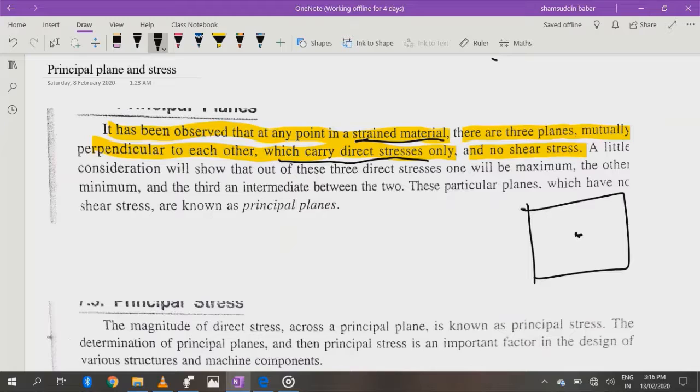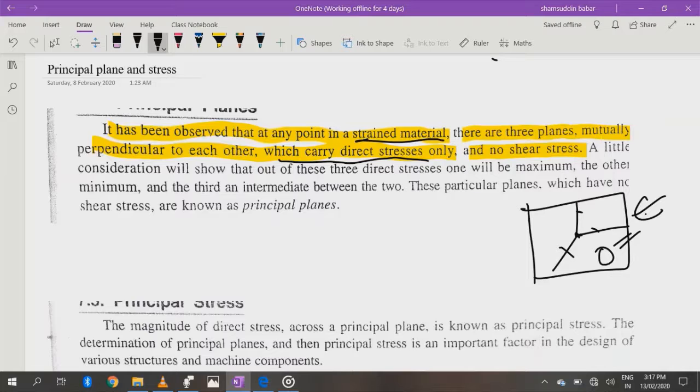So there are three mutually perpendicular planes: x-axis, y-axis, z-axis, and if these planes are under zero shear stress, then we can say that